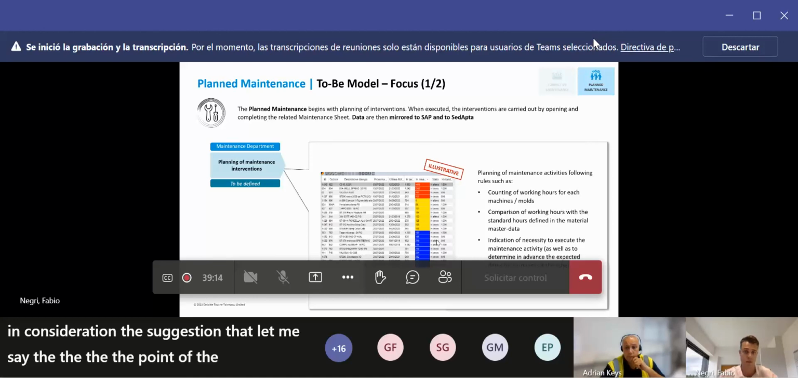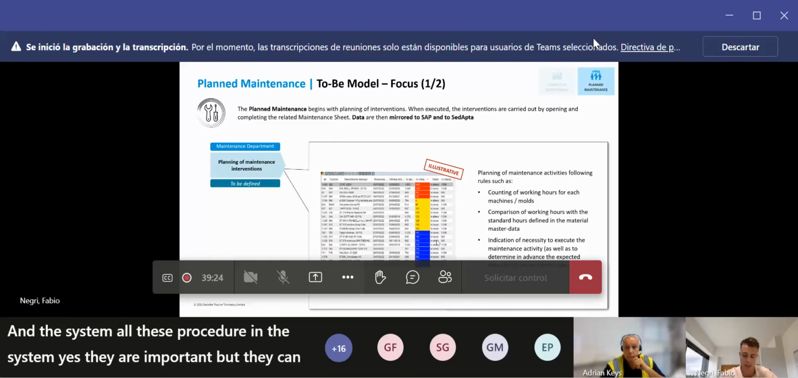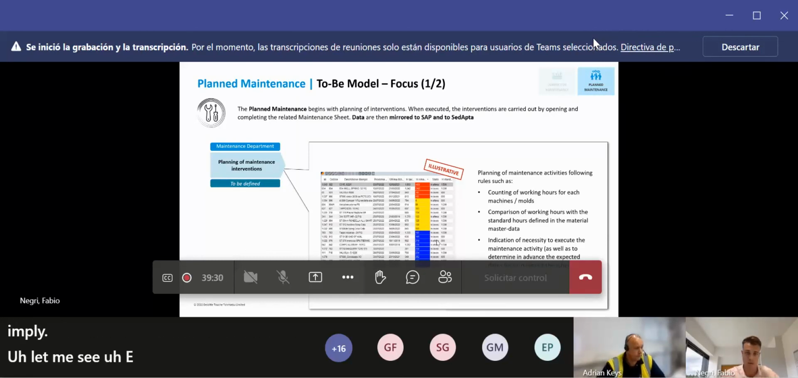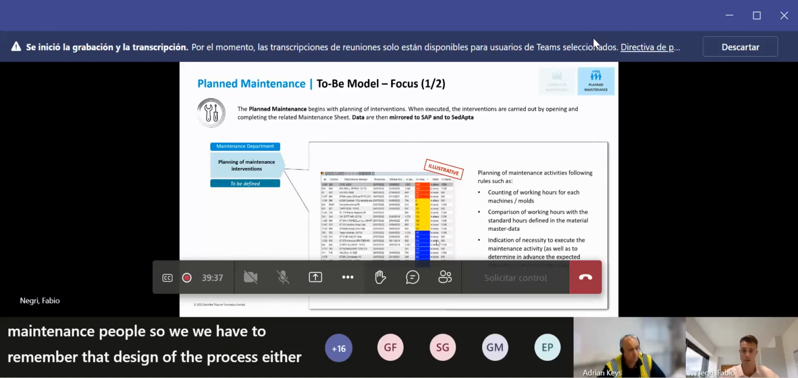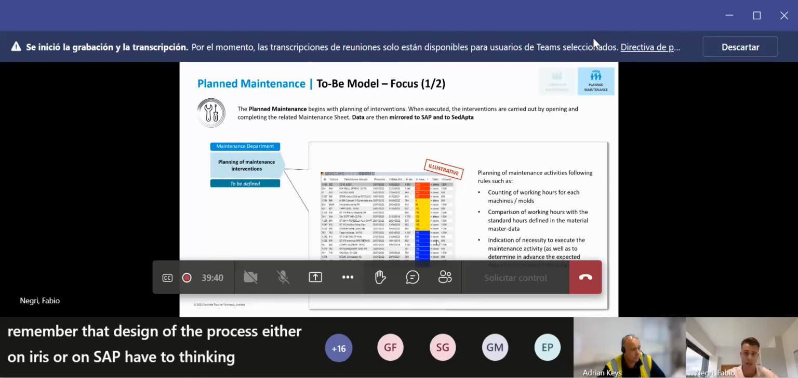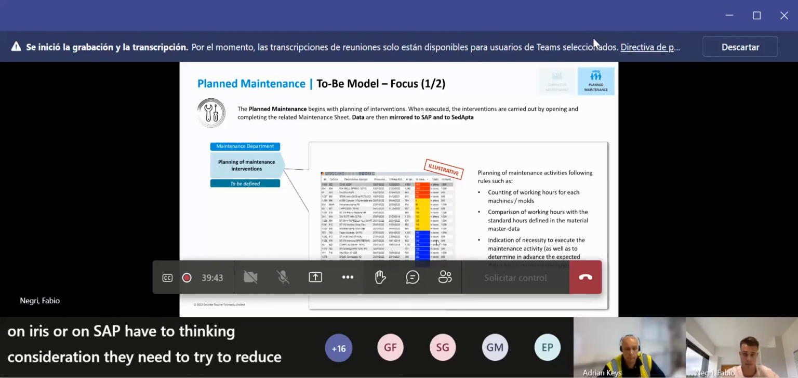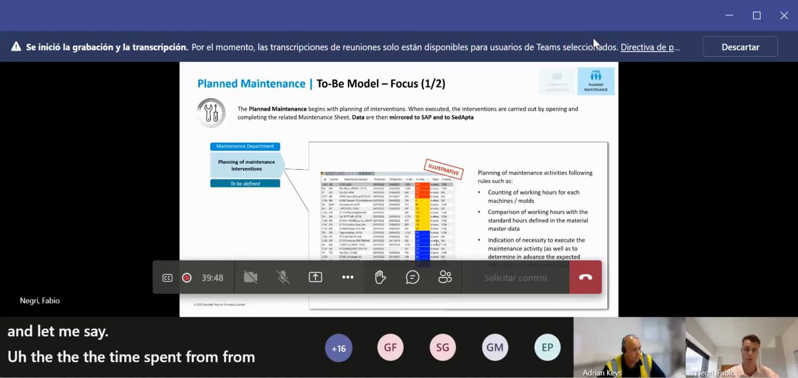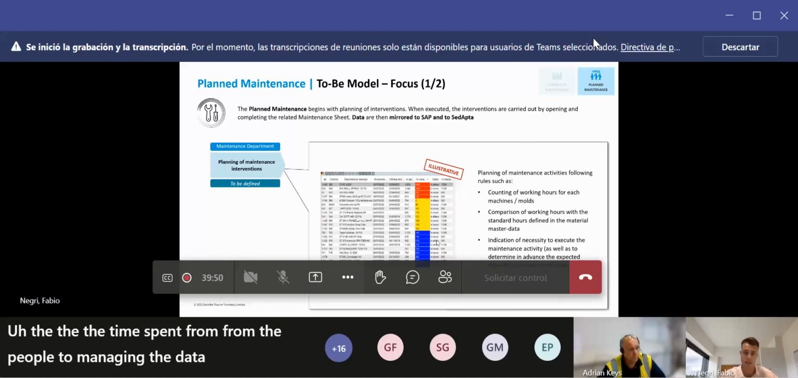which is that all these procedures in the system, yes, they are important, but they can imply, let me say, a lot of time spent by the maintenance people. So we have to remember that the design of the process, either on Iris or on SAP, has to take into consideration the need to reduce the time spent by the people managing the data on the system,